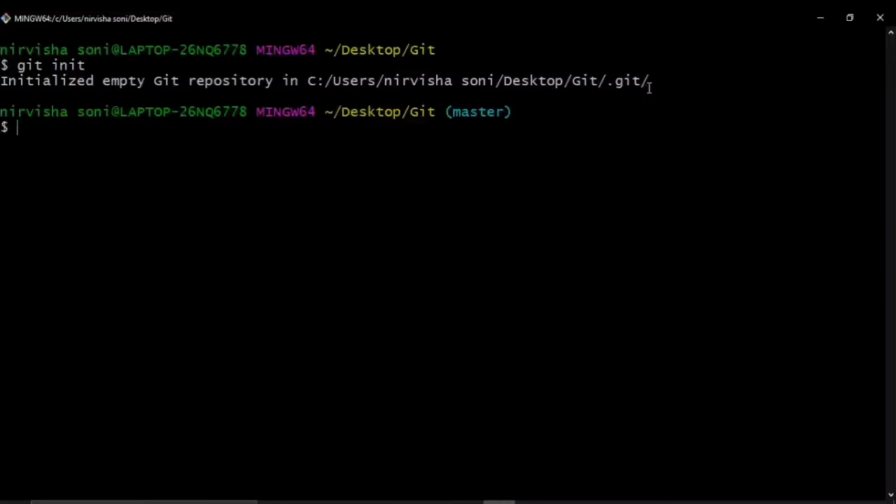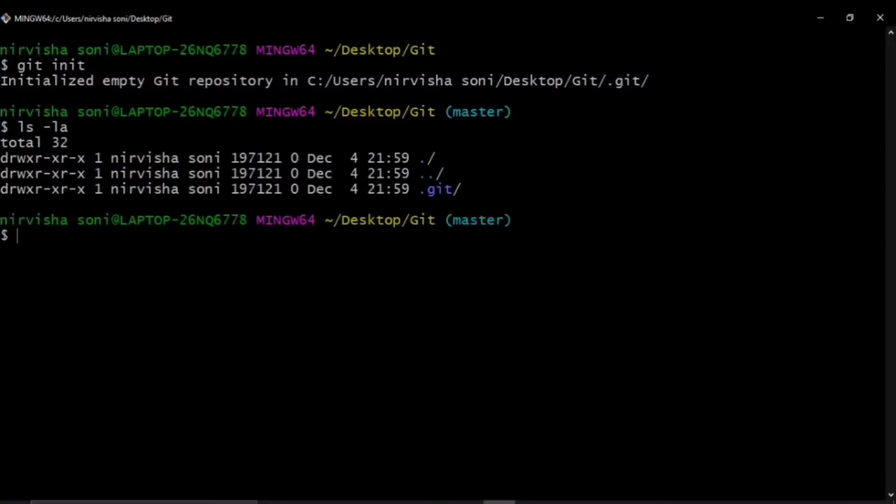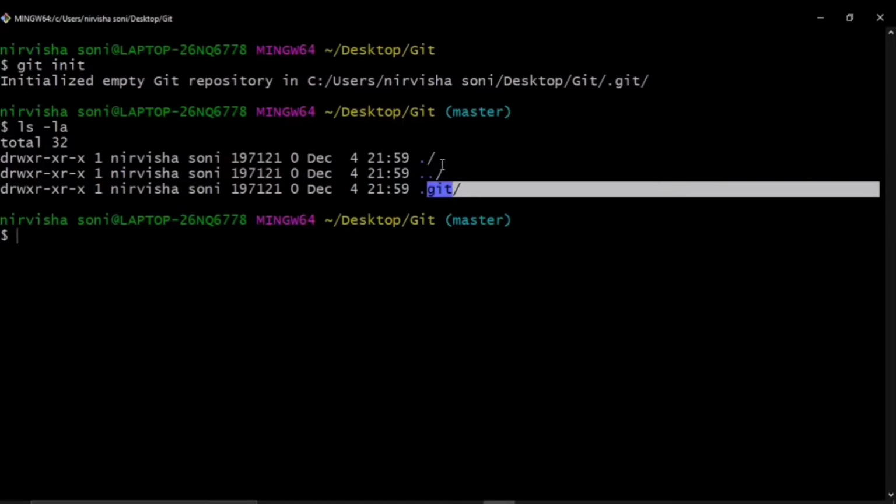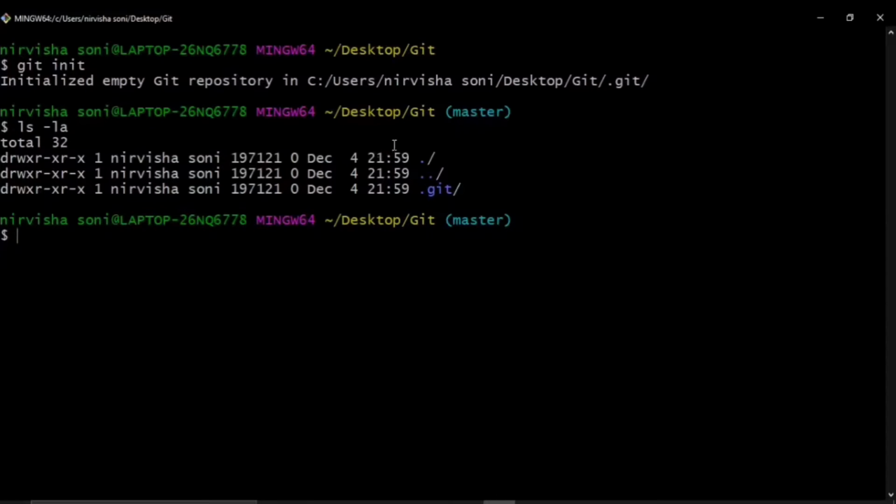You can easily check the presence of this directory with the help of a command called ls -la. So you can see that there exists this .git directory, and its presence indicates that you have successfully converted your normal folder into a Git repository.